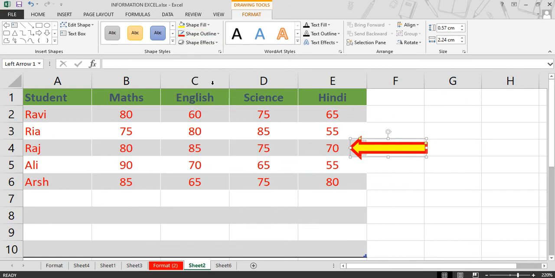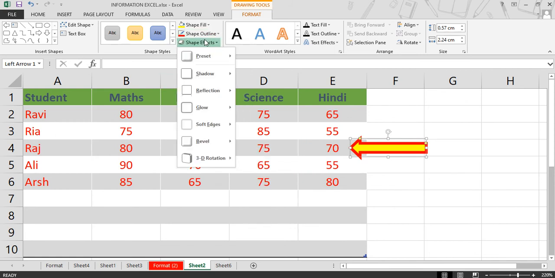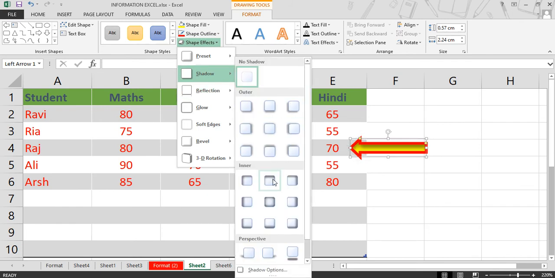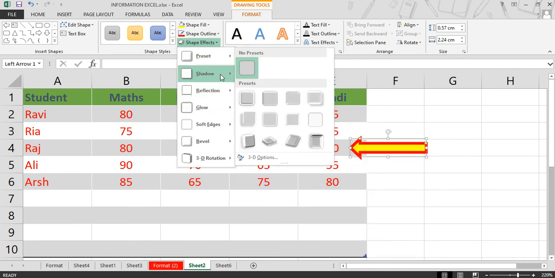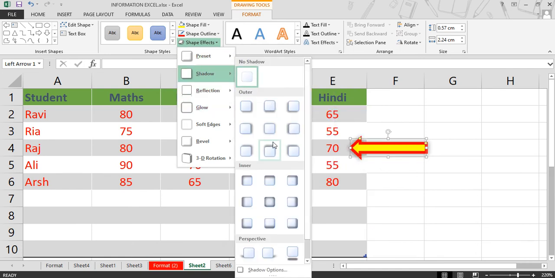If you want to apply some special effect on this shape you can also apply it. Like this is the shadow effects. So you can apply these effects on these shapes.